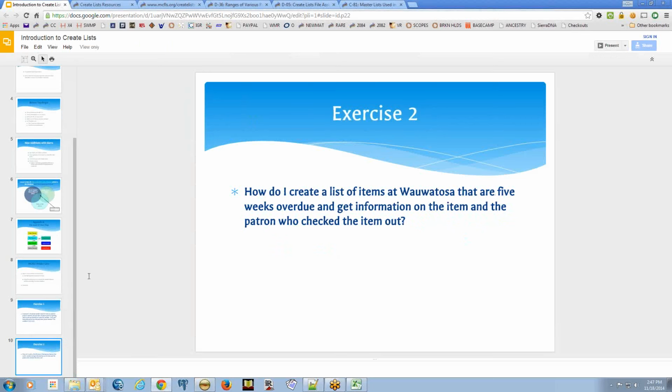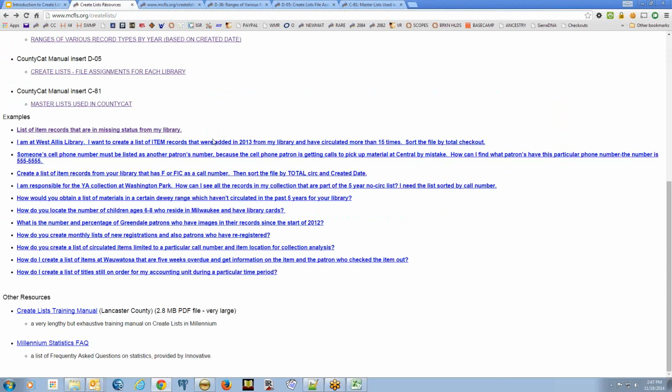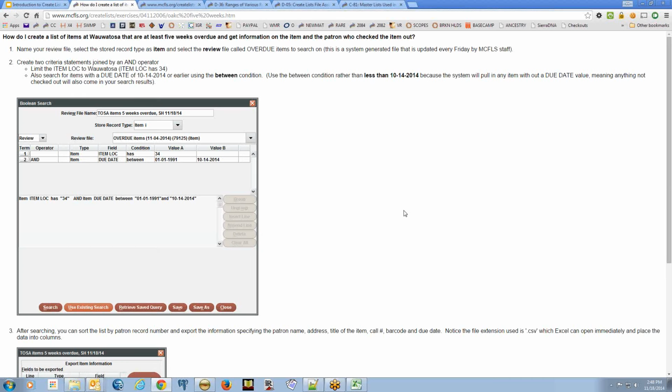The second example that I had was, how do I create a list of items at Wauwatosa that are 5 weeks overdue and get information on the item and the patron who checked them out? So in this case, you can make use of a couple of different things that we've talked about. First off, if we look at the list of examples here, the example that we're citing here is actually one of the examples on the screen that has a screenshot attached to it. So if we click on that item here,